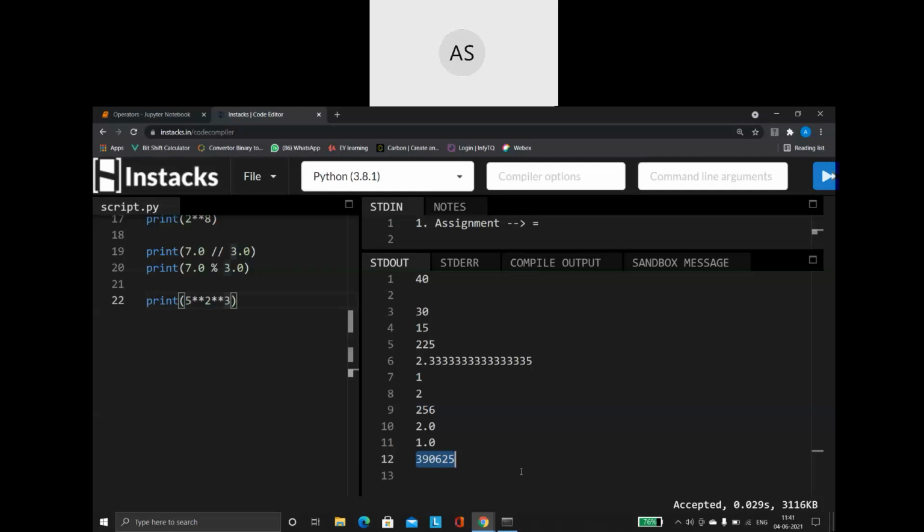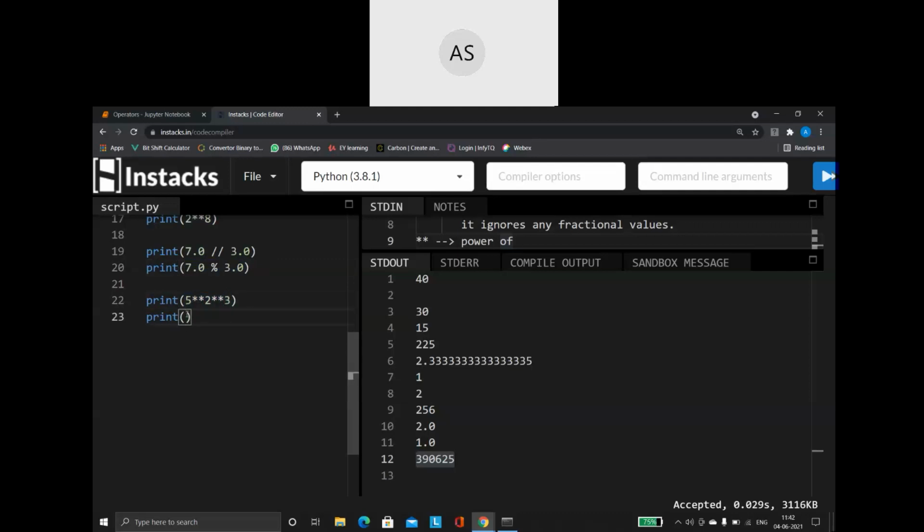Okay. So see here what is the problem. So what is the additional point you have to remember with regards to the power of? How is this expression going to be evaluated is like this. Whenever you are having the power of operator, I'm not talking about the other arithmetic operators, I'm talking about the power of operators, the expression will be evaluated from right side to left side. Normally, from the left hand side we will go to the right hand side. But remember, for the power of operators, it is from the right side to the left side.